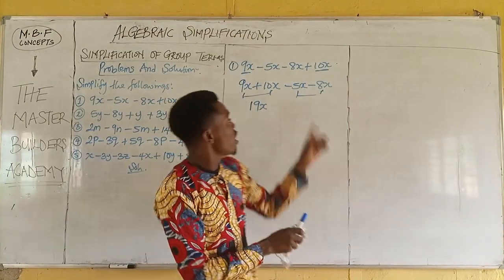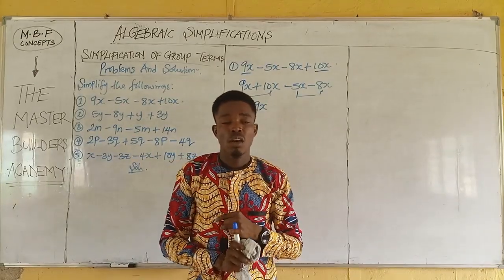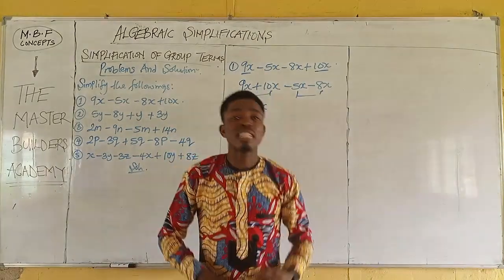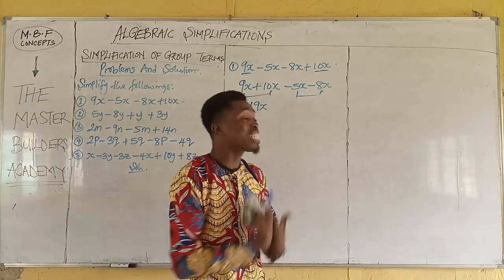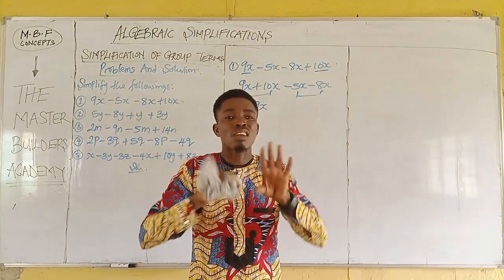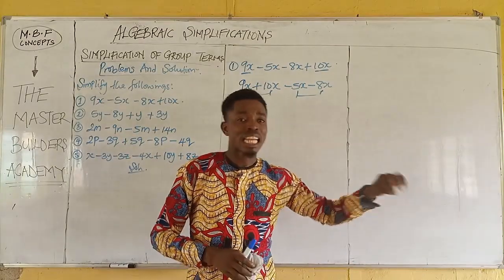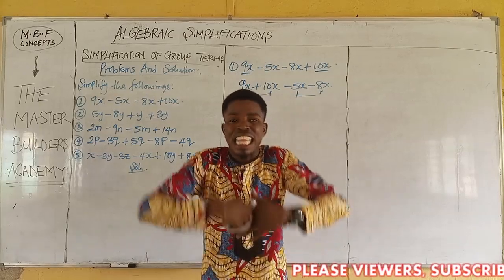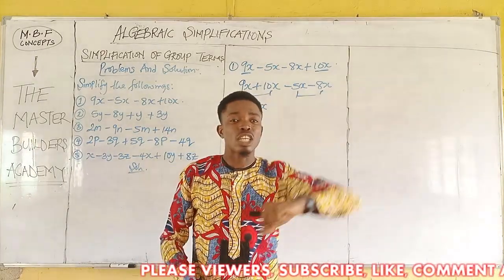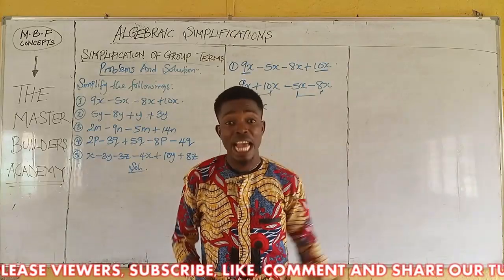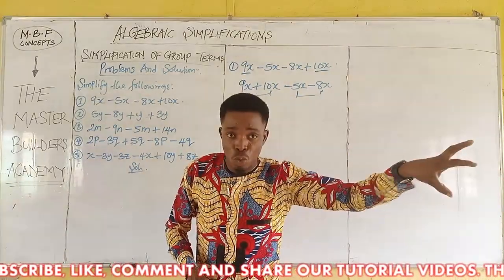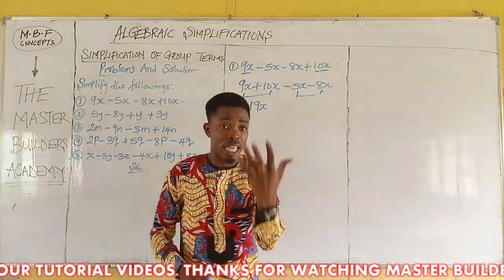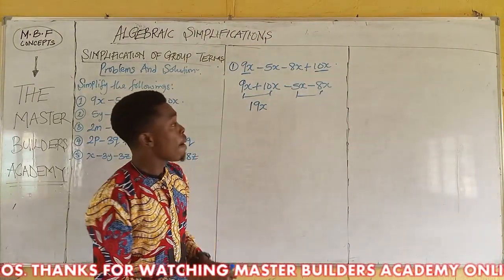Now, you are owing somebody 5 oranges. As at yesterday, you were owing somebody 5 oranges. Then today again, the person lent you another 8 oranges. That means you borrowed another 8 oranges from the same person. Now, how many oranges are you owing this person? You are going to be owing this person 13 oranges. Now, since you are owing this person, you are going to attach a negative to that particular number, and that's exactly what we have here. So minus 5x minus 8x would have given us minus